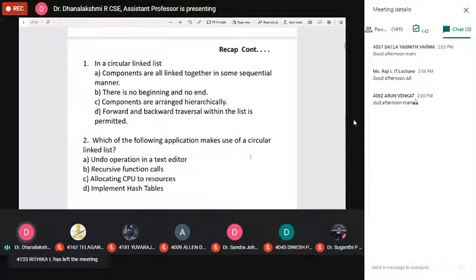Just go through the 4 options. Each option represents a type of linked list. One represents the circular, another the doubly linked list, another the non-linear data structure. Based on that, which one is suitable for the circular linked list? Answer to Brinda, roll number 29. What is the answer for the first question?